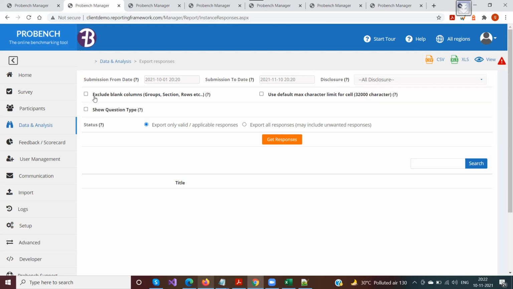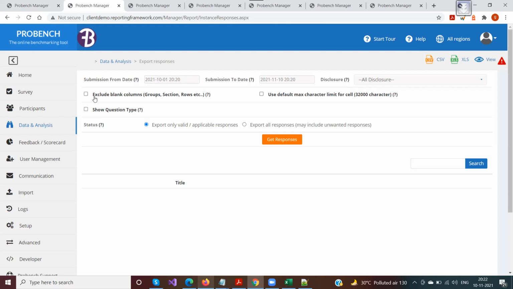The next is exclude blank columns. When it says exclude blank columns, that means it would exclude all the columns like groups, sections, rows, which do not store any responses. Responses are normally stored in single select questions like checkboxes, radios, or text questions where there are text areas or text 500, date fields or year fields.